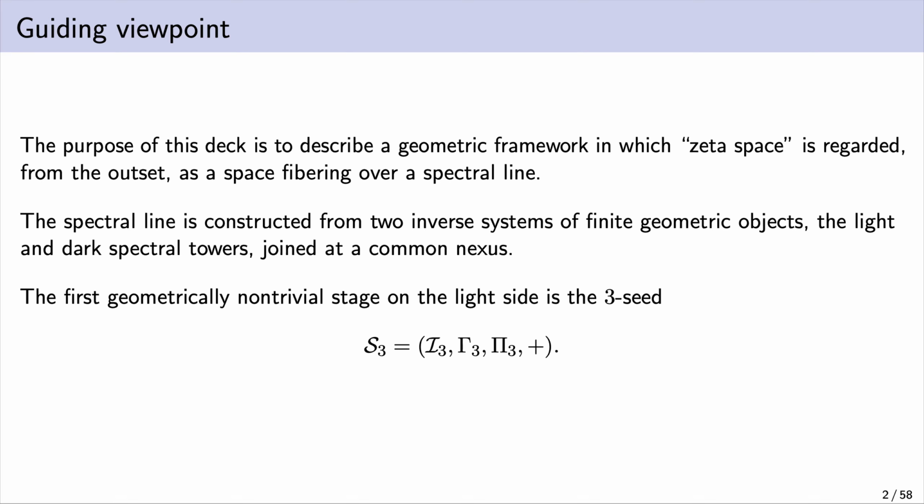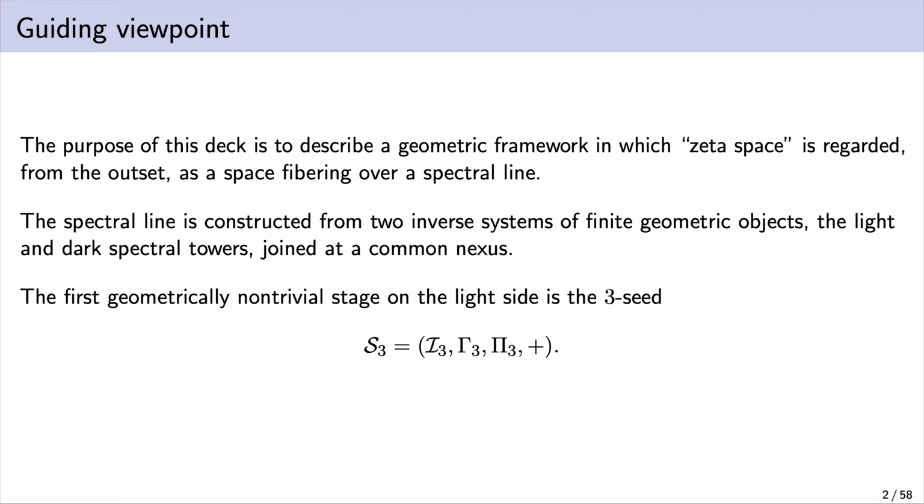The spectral line we are going to construct from inverse systems, specifically two different inverse systems, and glue them along a common nexus. As an example, the first geometrically non-trivial level, or level three, the level three seed,